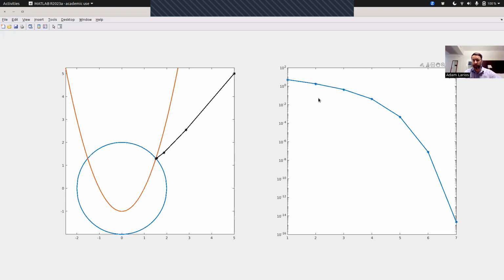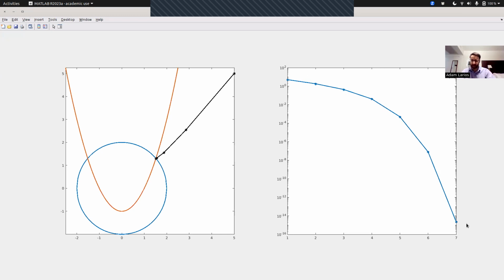You also see the error. Remember, this is a log-log plot. So if it was converging exponentially fast, like very, very fast, it would be a straight line on a log-log plot. But it's actually converging faster than that. This is that quadratic convergence where you're squaring every time. The error every step is getting squared. So we have this insanely fast convergence down to roughly machine precision